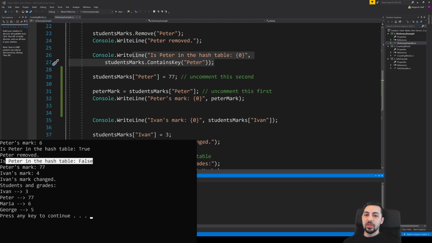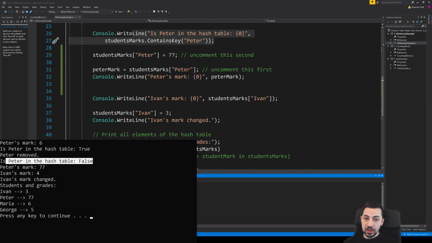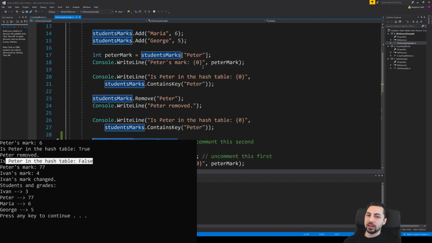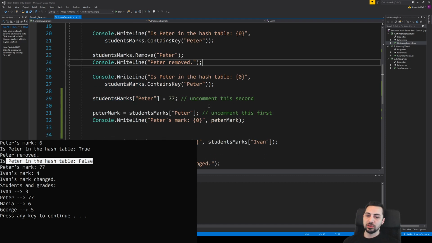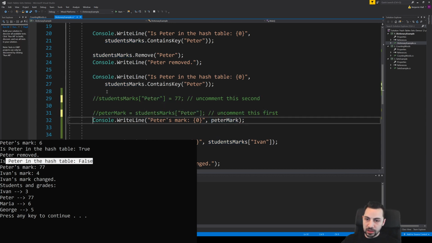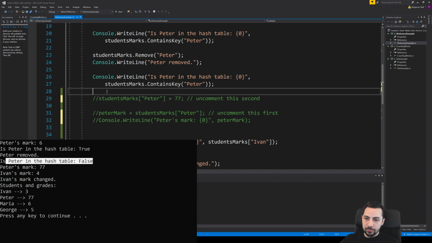However, the exception is only going to occur on reads, not on writes. So here, we're doing a read. So if you read from something that doesn't exist, it throws an exception. If you write to something that doesn't exist, it automatically adds it into the dictionary. So two things. All right. And I'll keep this off here.